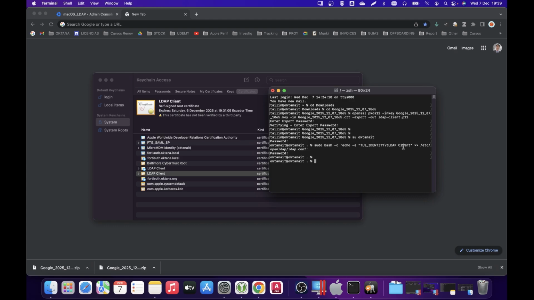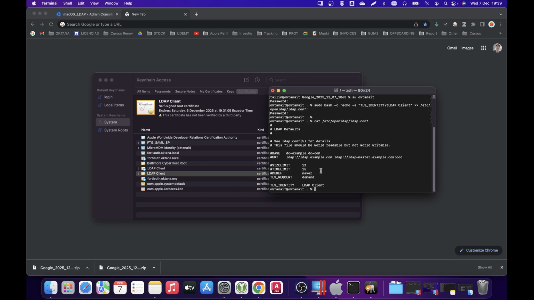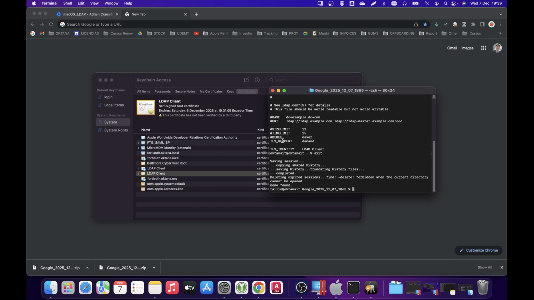All right, so if we see this file, we can see that a new entry has been added: TLS identity LDAP client, and this last element specifies the certificate which we are going to use. Okay. All right. So once we have done that,